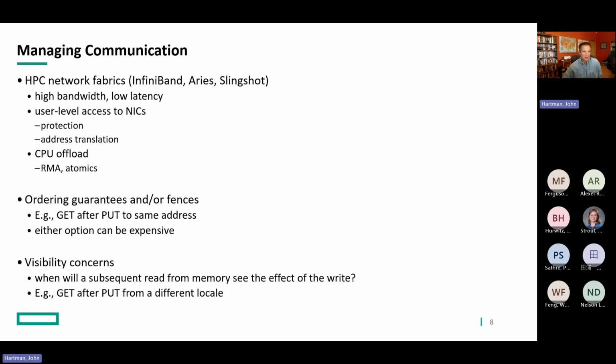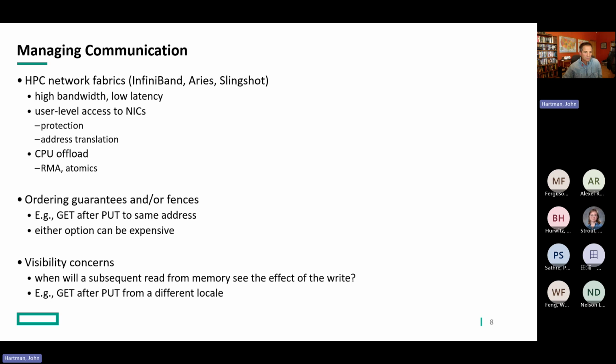There's hardware support in the NIC, but of course we have to worry about protection, meaning we don't want applications to get any sort of crosstalk and be able to send messages and receive messages where they shouldn't. And we have to worry about address translation, because as I mentioned previously, the application says everything in terms of virtual addresses, but down at the bottom, the NIC needs to know what the physical addresses are of the memory that it's supposed to access. So there's a fair amount of complexity in both the application and in the NIC software to deal with the